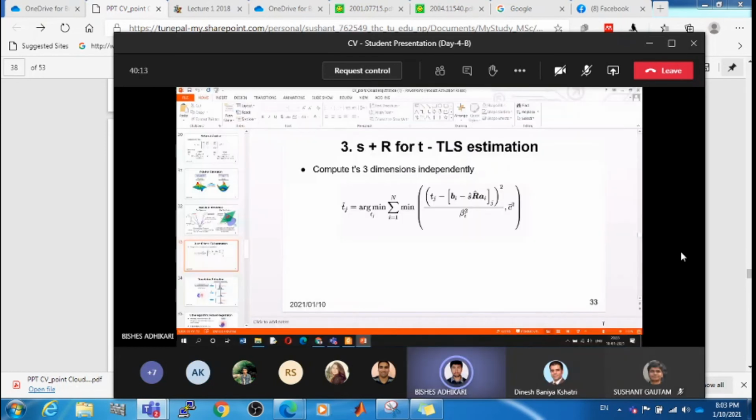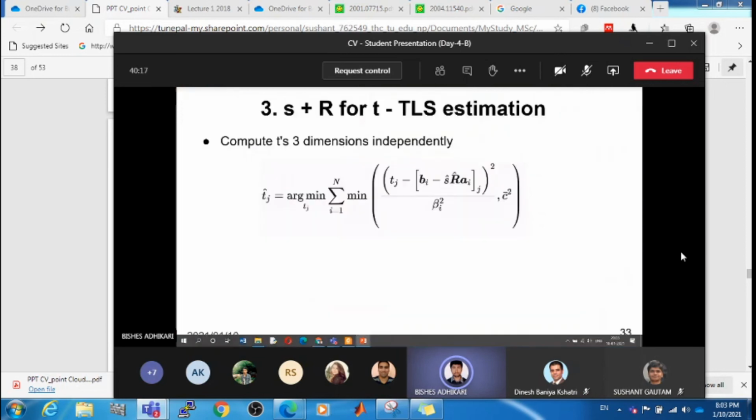Now, since almost all the mathematics have been taken care of, I think we've got what it takes to calculate the translation. Since we have decoupled the main task into 3 sub-problems, after obtaining the scale and rotation estimates, we can substitute them back into the original truncated least squares formulation to estimate the component-wise translation T1, T2, and T3 independently.